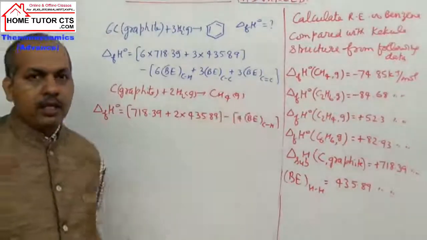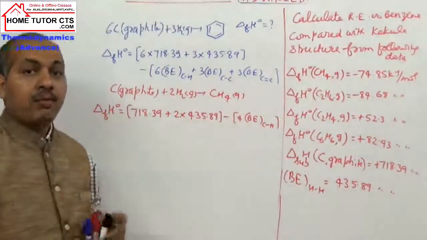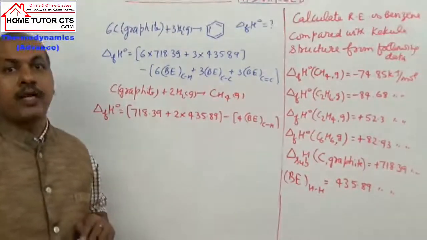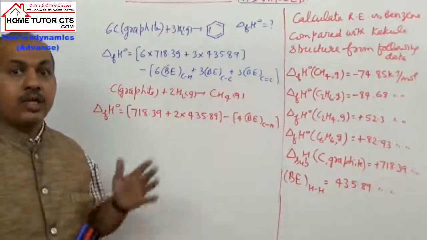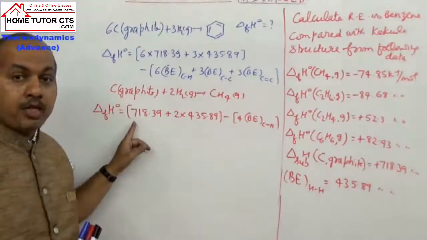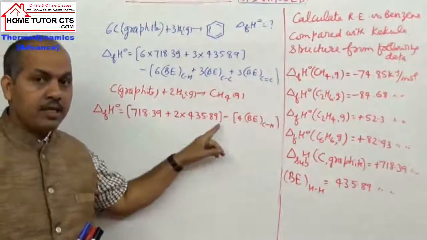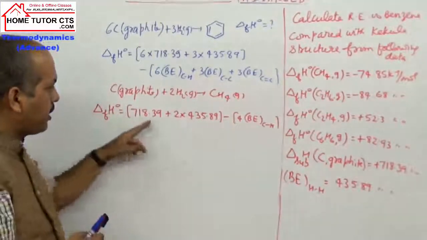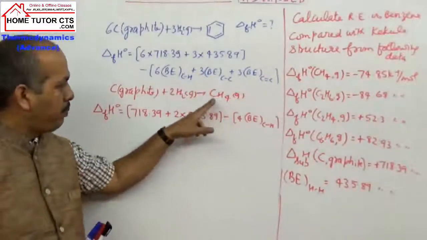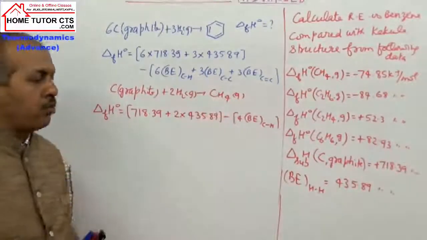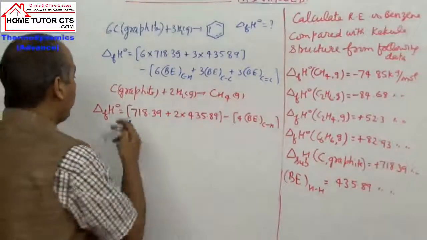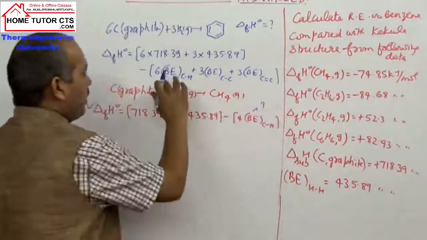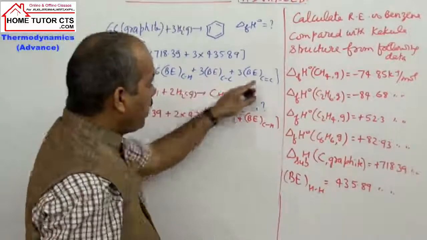In methane, for formation of compounds from bond enthalpies, what is the formula? It is the summation of the bond enthalpies of the reactants minus the products. Reactant minus product. So on the reactant side this is there, and in the product side there are 4 C-H single bonds. This value is given to us, so the required value we can get from here and put here. We need 2 more data.